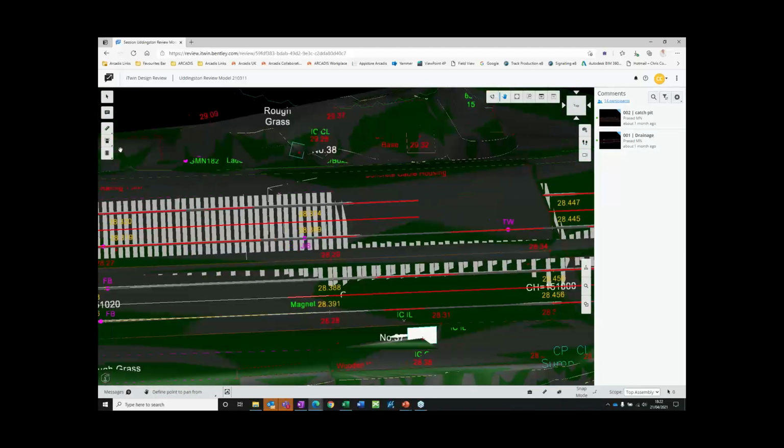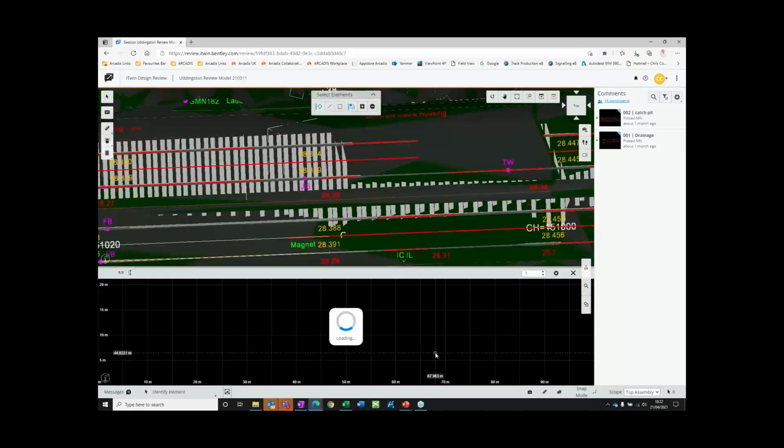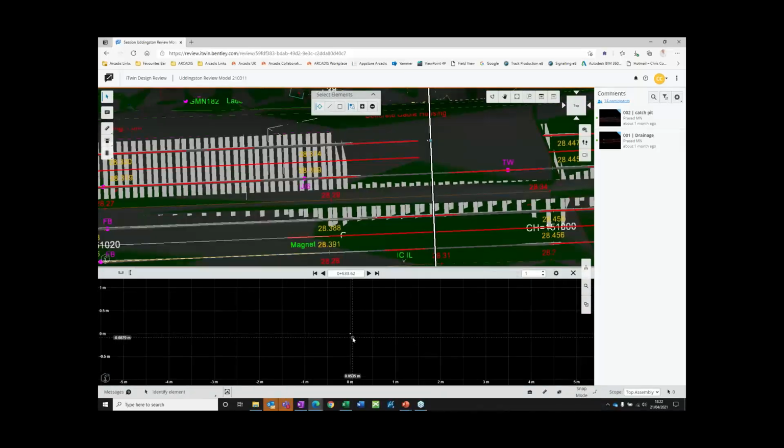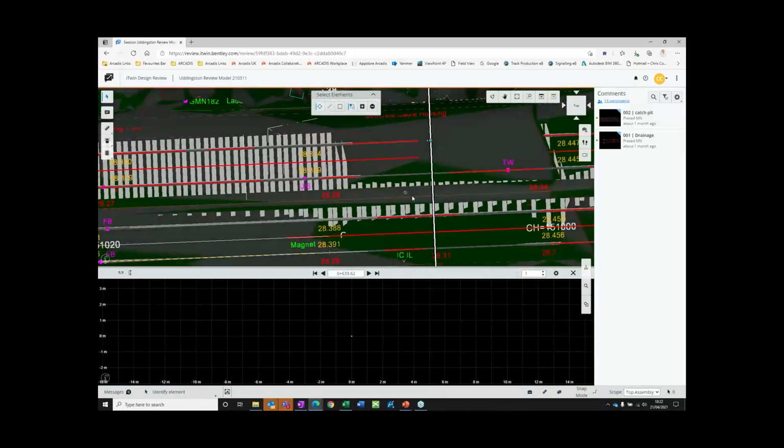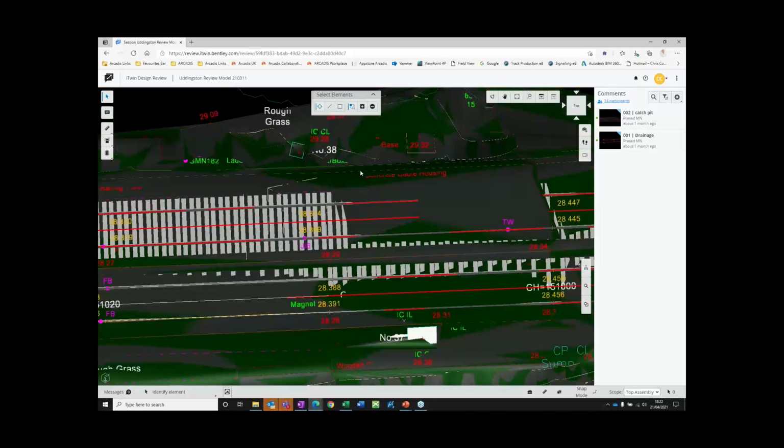Let's try somewhere like that, perpendicular cross section. And it's not come up again.